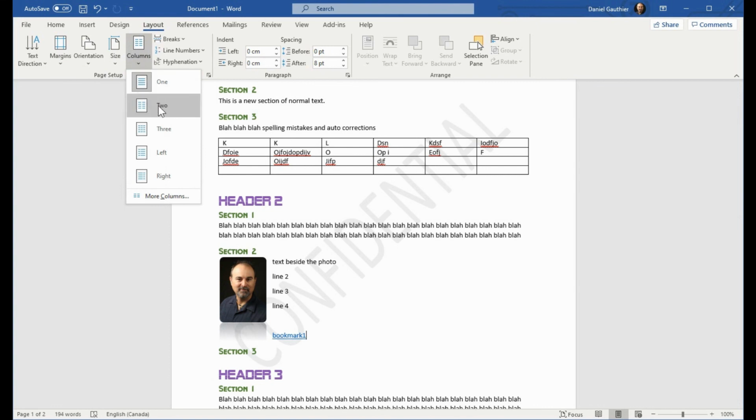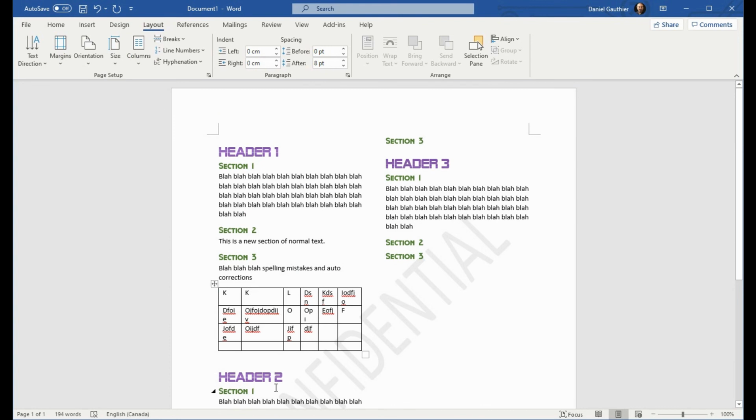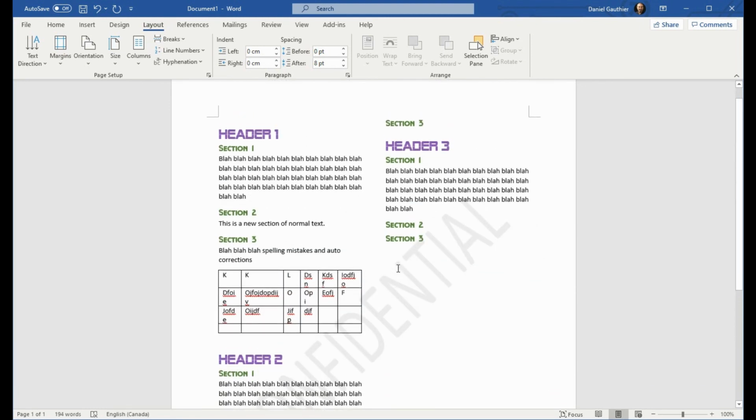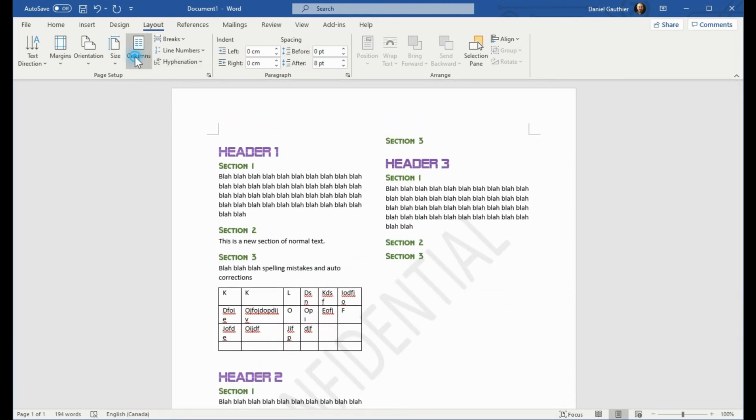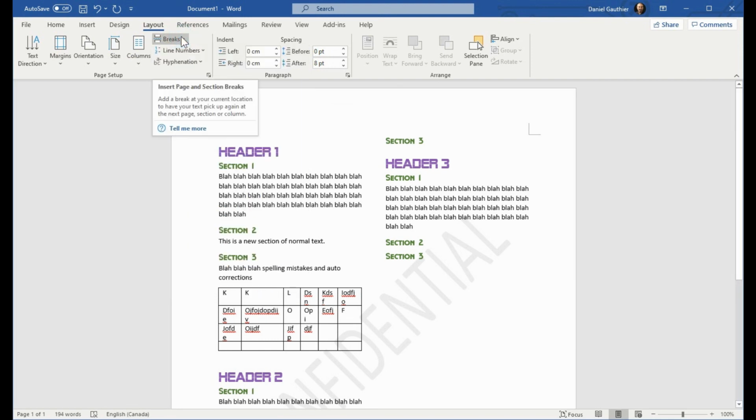Columns you can actually change as well, from a 1 to a 2, and then it starts going down the page on the first column and then works its way over to the second column and starts going down there. So columns could be very interesting depending on what kind of document you're working on. The breaks, we've seen a page break before, but there's also many other options that you can work with in here.